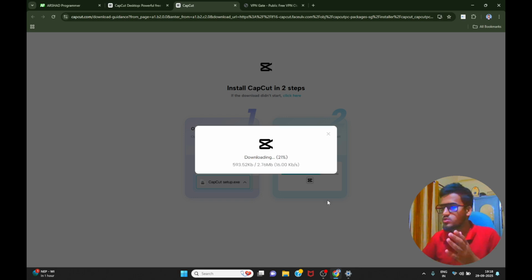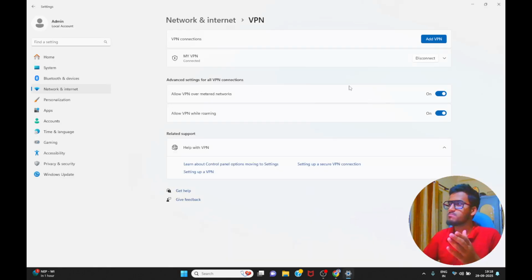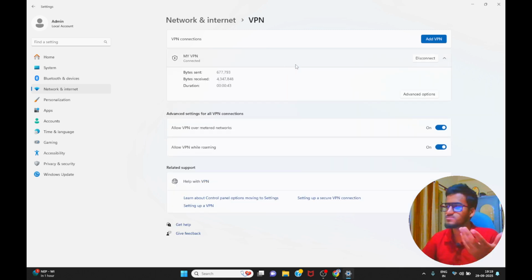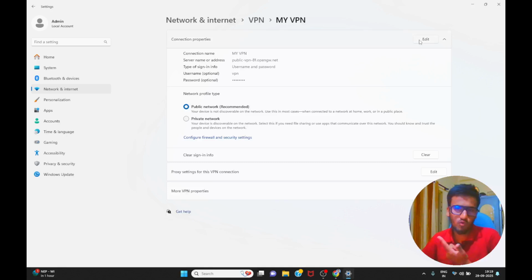So this is how you can set up your own VPN. By coming here, you can add a lot of networks, but I suggest only one network. It is enough. If you want to change some settings, you go to edit,